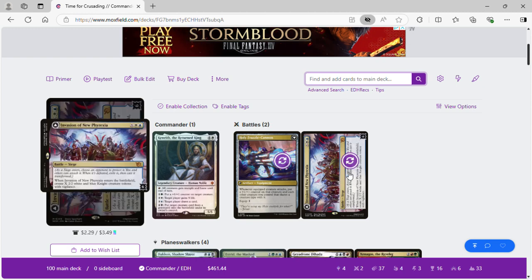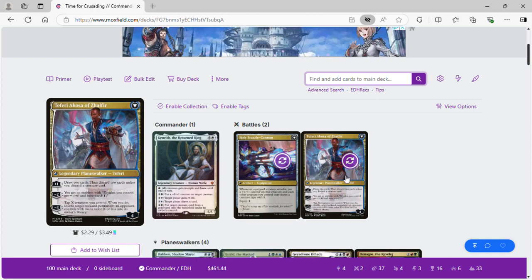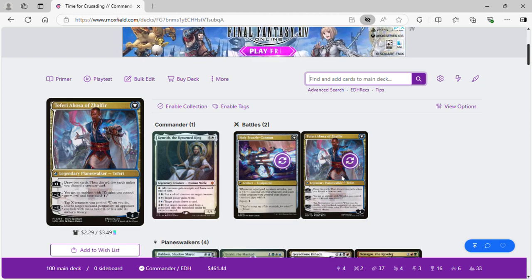Going then to Invasion of New Phyrexia. As it enters the battlefield, you create X 2/2 white and blue Knights with vigilance. It flips to Fury, Akosa of Zalfir. Draw 2 cards, discard 2 cards unless you discard a creature card. Good thing Kenrith wants us to do that. -2: get an emblem. Knights you control get +1/+0 and have ward 1. -3: tap X creatures you control. When you shuffle, target non-land permanent an opponent controls with mana value X or less into its owner's library. So that -3 we really don't care about, but the -2 and the +1 are really great and get us